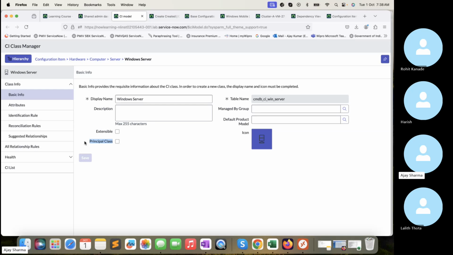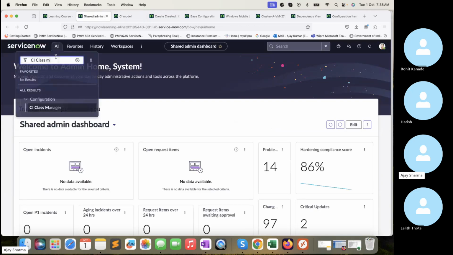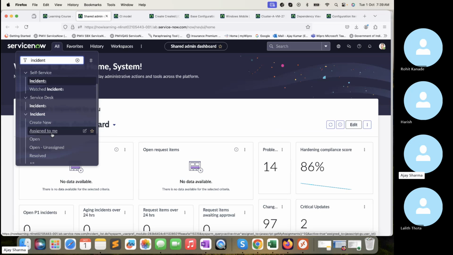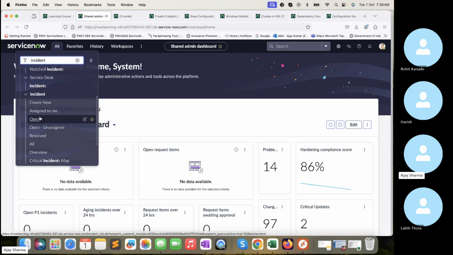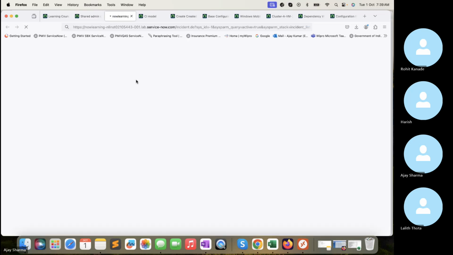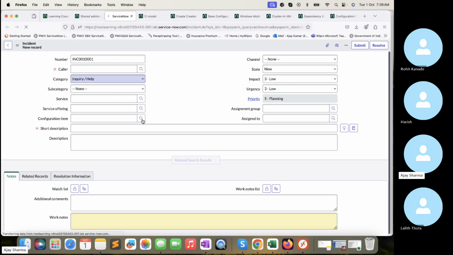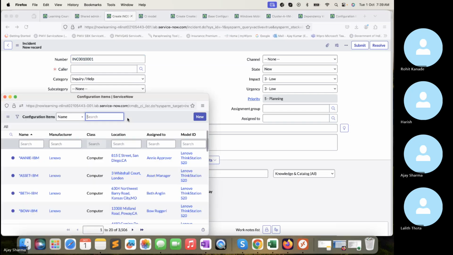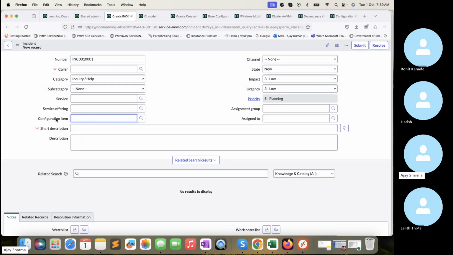So if you remember, if I'm creating an incident, let me go to the incident here. And I think these are the basic things which no one is going to tell you, right? So if I go here, let me create an incident. Right, here is the configuration item field. It's now exposing the CMDB CI complete table, right? And how it's configured, it's not mandatory basically, but if I go to configure dictionary,